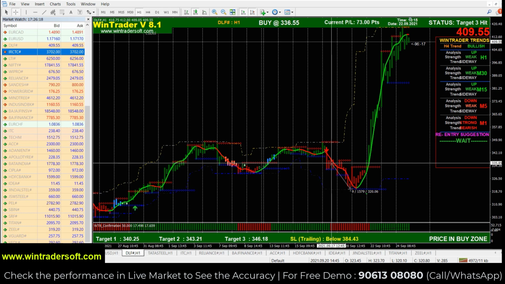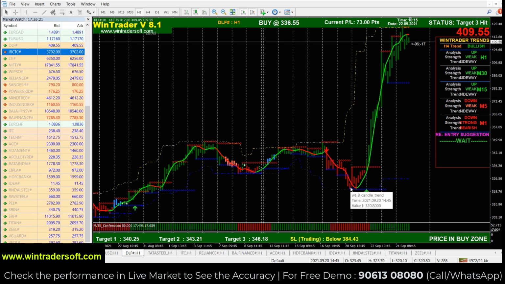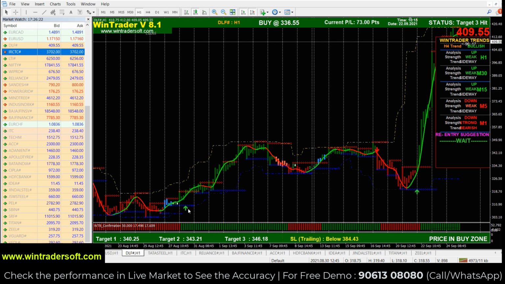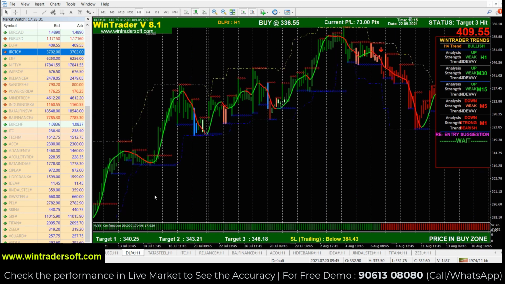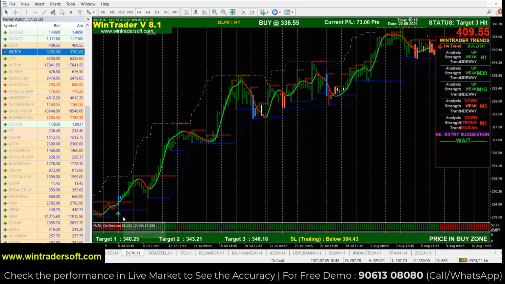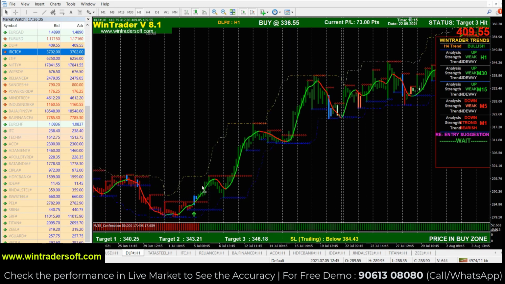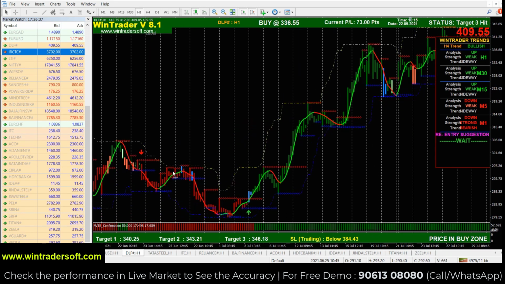335.85 to 320 means almost 15 points down. And there, priorly, the buy signal was generated. After this buy, it went up this much. The prior signal was this here. The previous signal is a sell signal, and the same here with the buy, because you can see that previously all the signals are generated with the confirmations only.